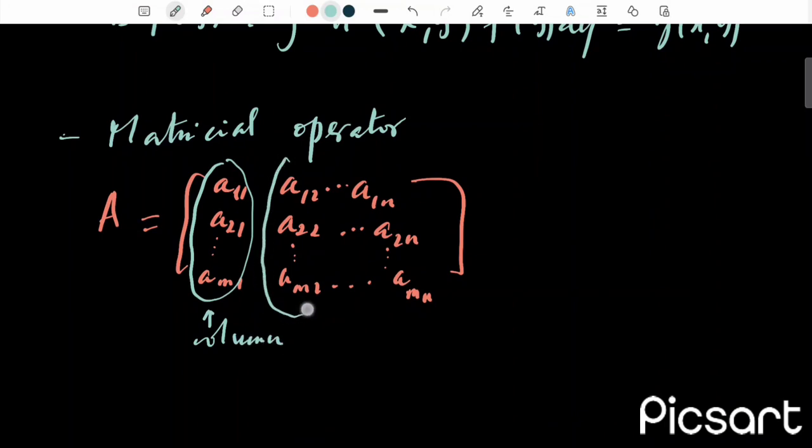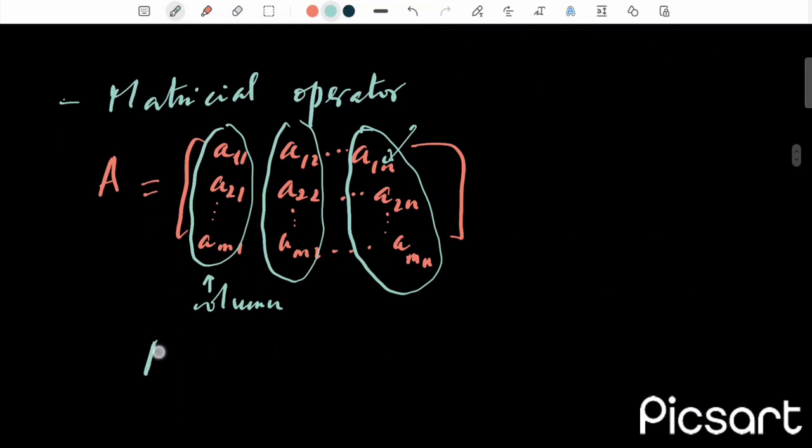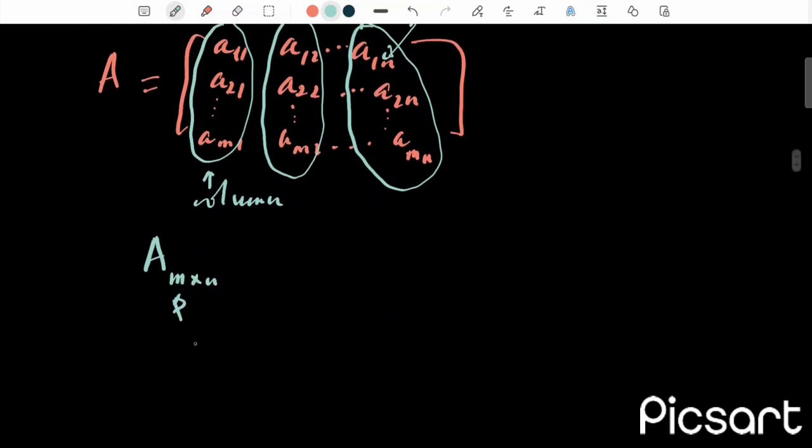We have the second column. This is the first column. We have the second column, and we go on until we reach the nth column. Then we say that our matrix A has the order m times n, where m represents the number of lines, and n represents the number